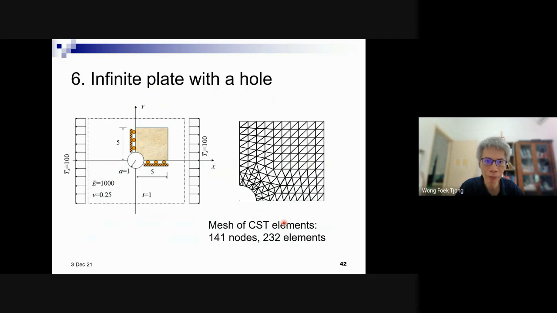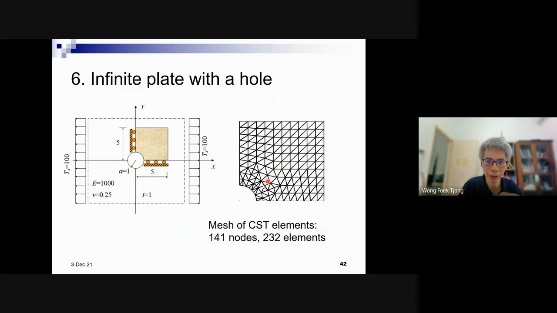This is another problem called an infinite plate with a hole. For this problem, it's also self-equilibrium because we have a very large plate subjected to tension, and then there is a hole, but the size is infinite. How do we model this problem? If this is infinite, of course in our model we cannot use an infinite area, right? So we should limit it to some value. Let's say take 5 times the radius. This is radius 1. I think that's enough. And then just apply the force here.